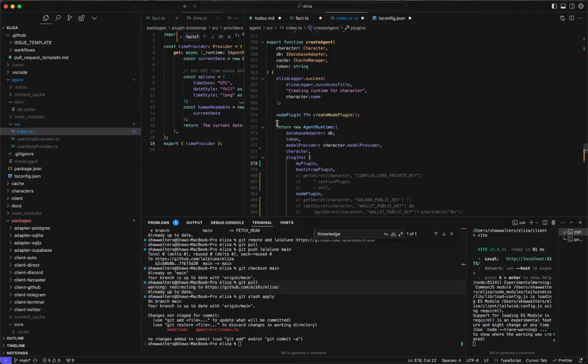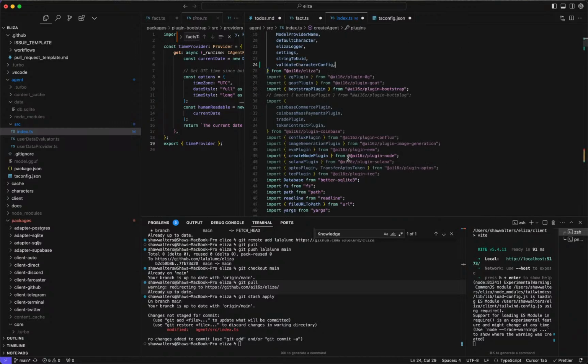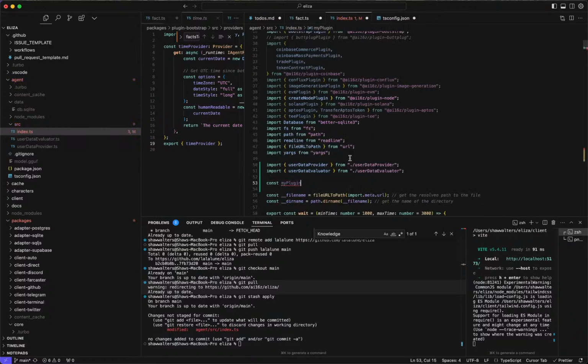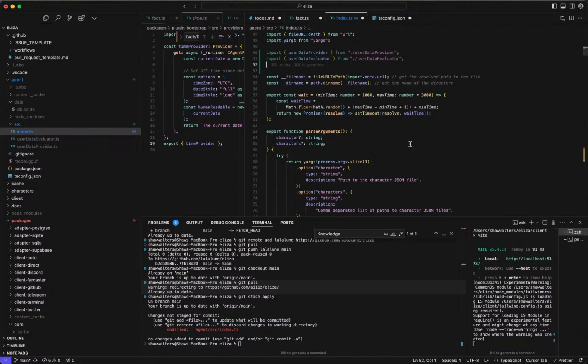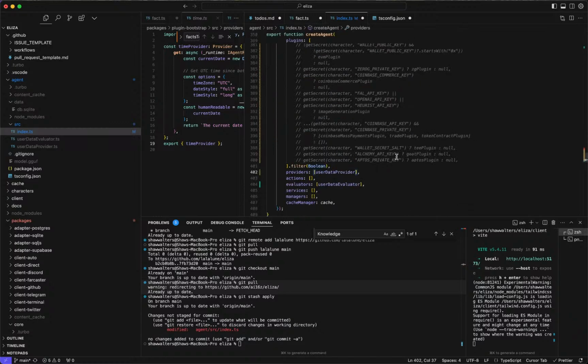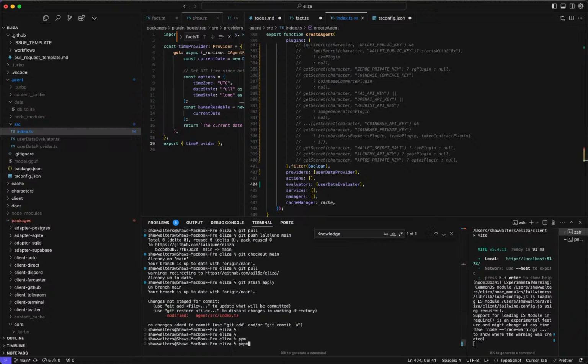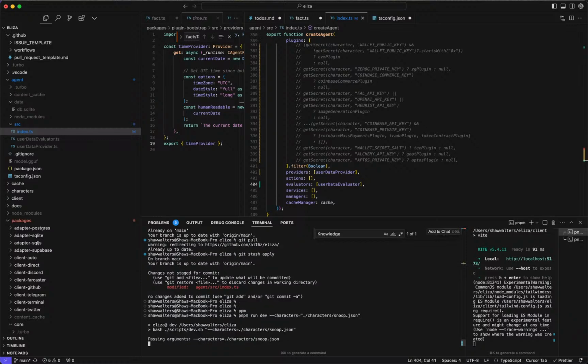So now let's run it. I'm just going to keep it back the way it was because I kind of liked it. Literally preference, and just as we're doing something different, we'll keep the provider and evaluator registered. Now let's just do it. PM run dev dash dev. Could probably just do this with